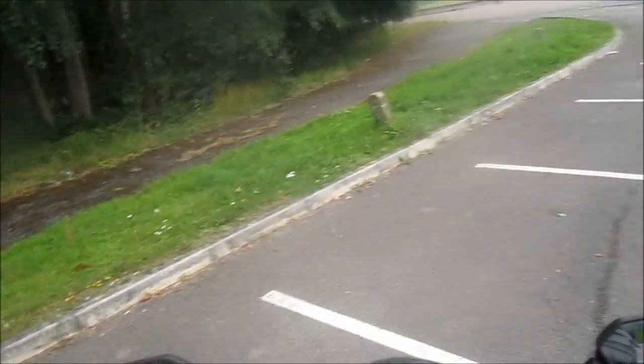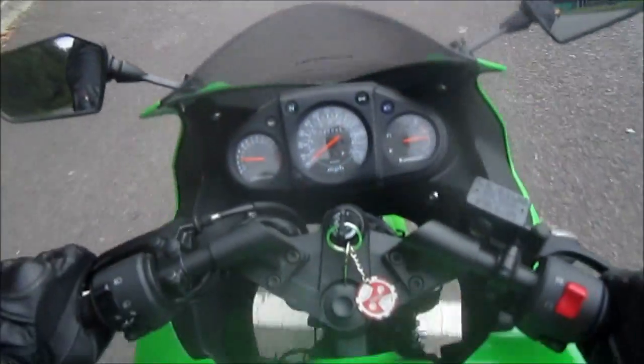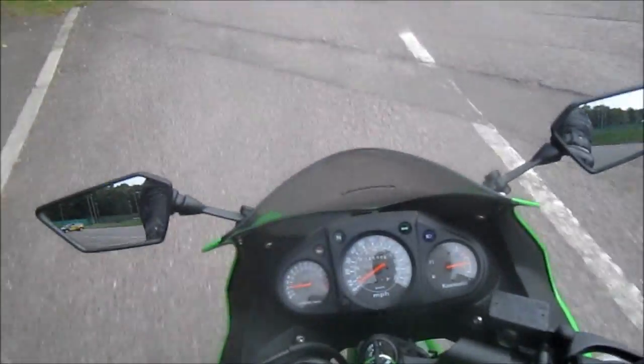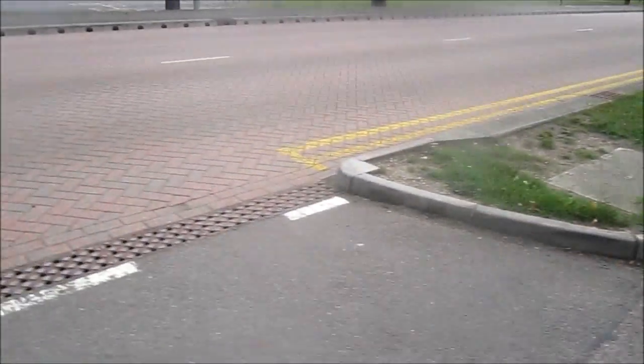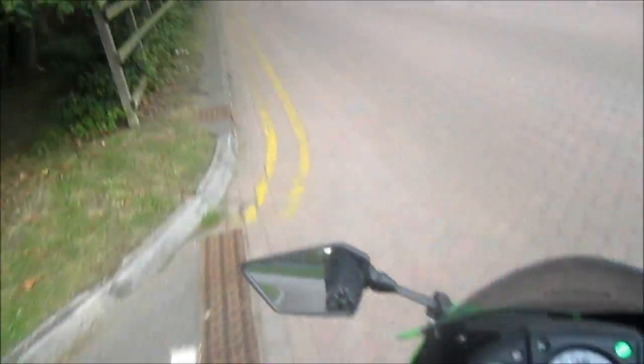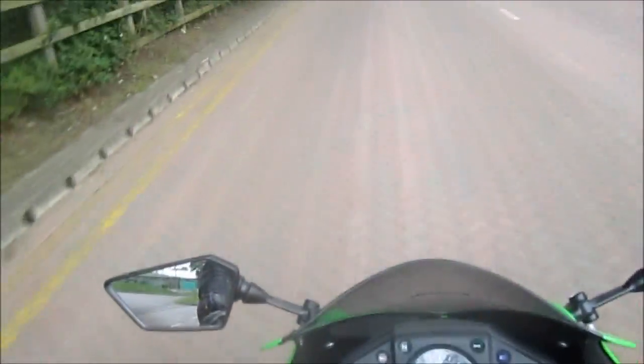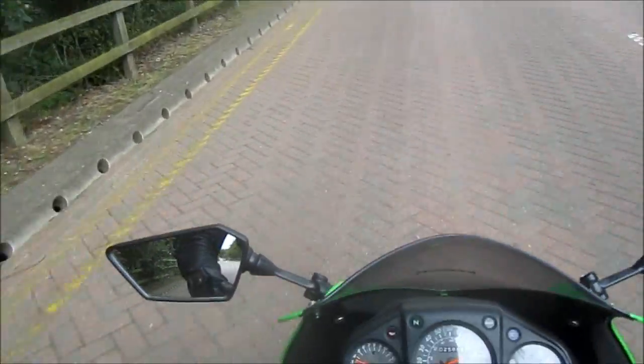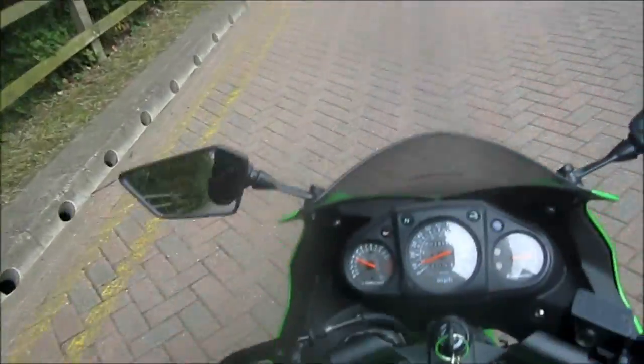I guess I could show you shifting up quickly on this road. It's a pretty quiet road, I think. So again, just up to about 3k and release the clutch. Just going to signal out here. So again, about 3k, and then usually it can vary depending on how fast you want to accelerate